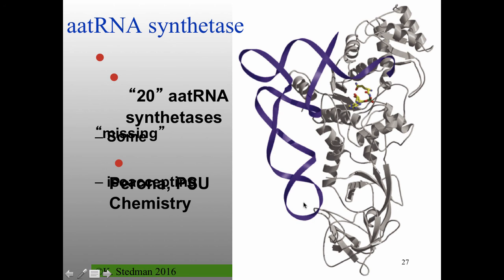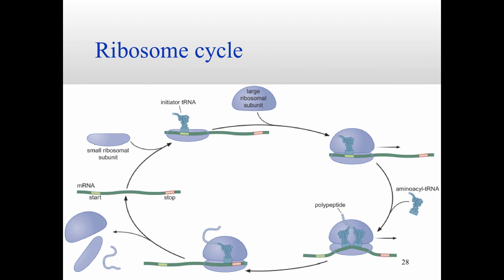Here, the interaction of the aminoacyl tRNA synthetase with the tRNA, which is here in purple, can now interact with multiple different tRNAs, multiple different anticodons down here, but it's always going to have one amino acid which it puts on the top here. Okay, so once you've got your aminoacyl tRNA synthetases, made your tRNAs with the correct amino acid at the end of them,